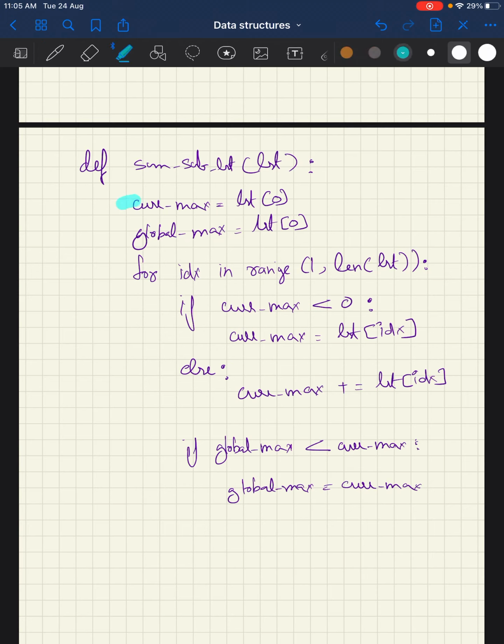So quickly just going over, we set current max equal to list of 0 and global max equal to list of 0 to start off. Then we are iterating from the first index position, since we already have index position 0 taken care of. What we are doing is, we are checking whether the current max sum that we are having is lesser than 0, whether it has crossed actually negative. If so, there's no point in continuing with it. We should probably restart current max to start with whatever is the current element pointed by the index, which is what we do here. If it has not reached negative yet, then we keep on incrementing values to it from the list.